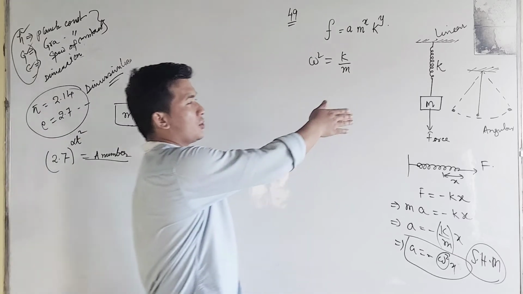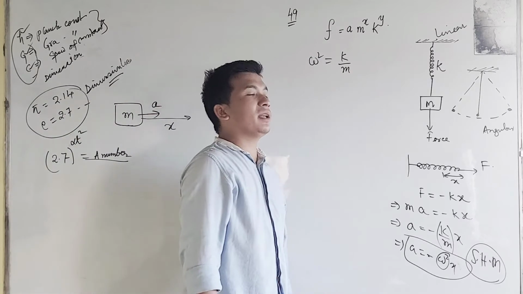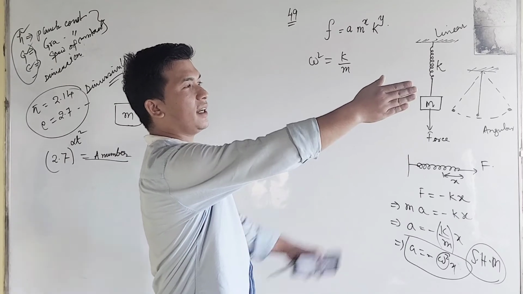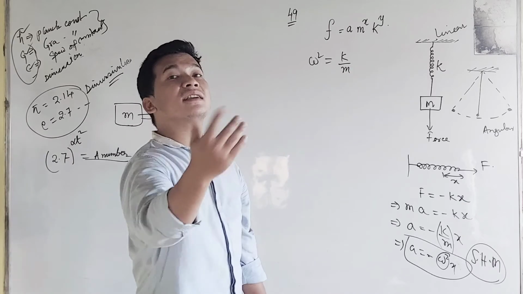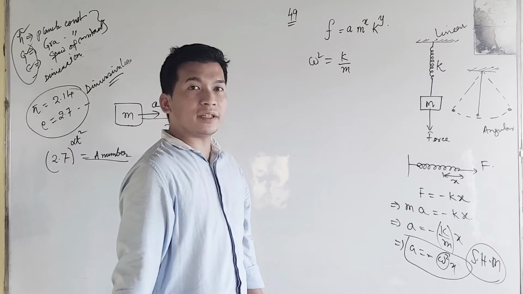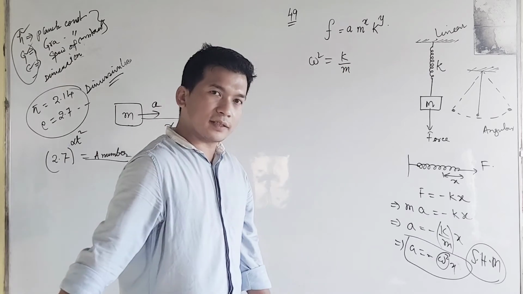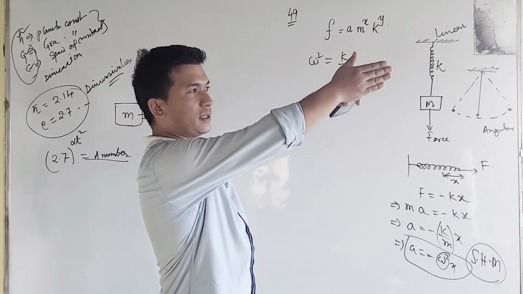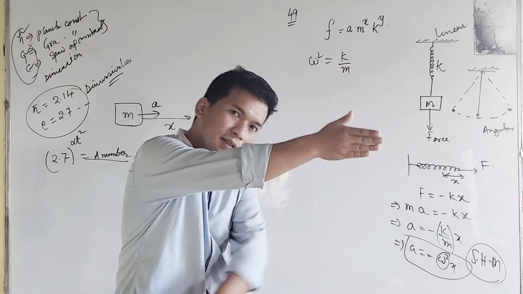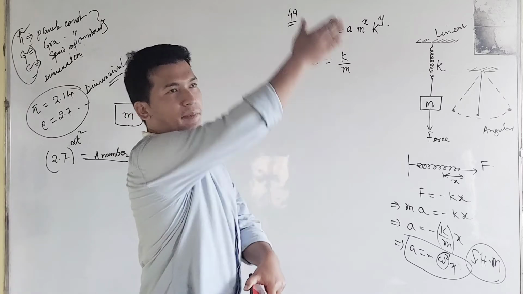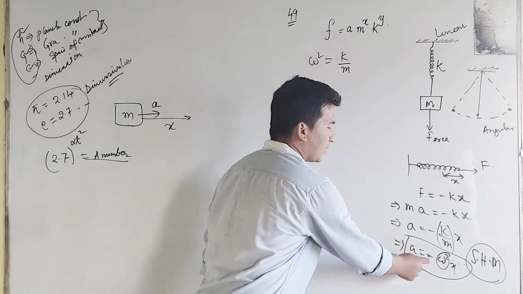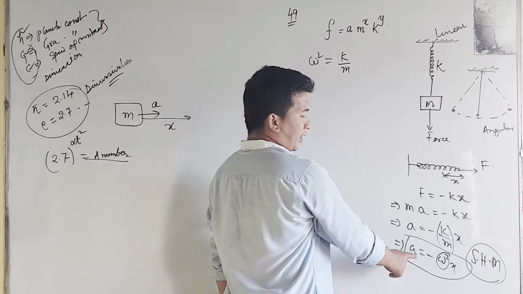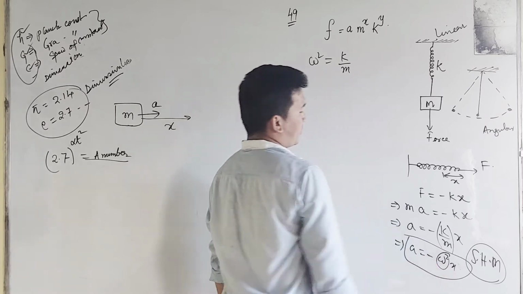But in case of our oscillation, in case of our simple harmonic motion, this is the displacement. If this displacement is upward, acceleration means increase in the speed, and speed increases in the downward direction. That means displacement is in the upward direction, but increase in the velocity is in the downward direction. So displacement and acceleration are opposite. That is why this minus sign denotes that the acceleration is opposite to your displacement.